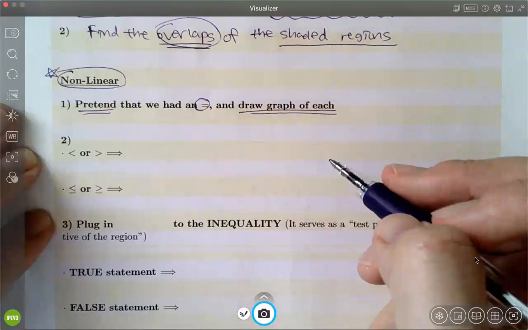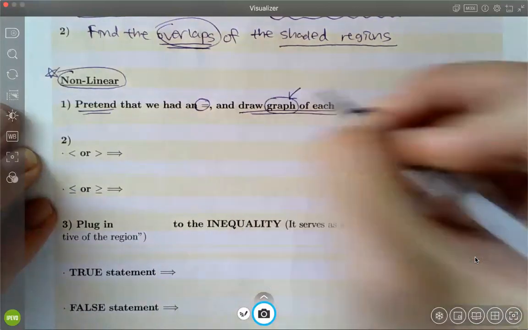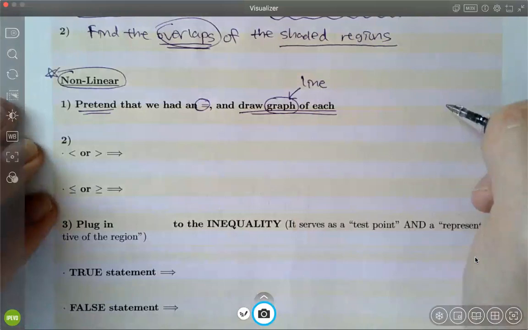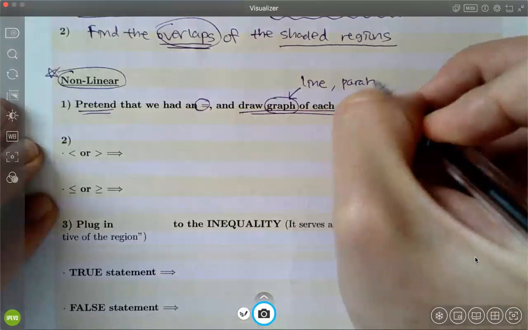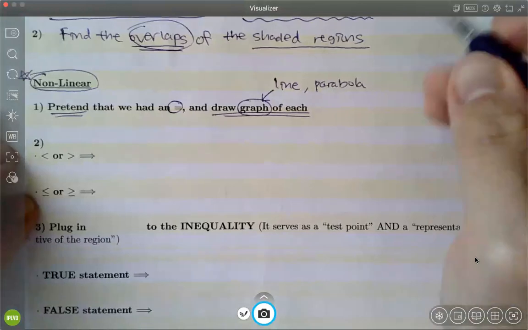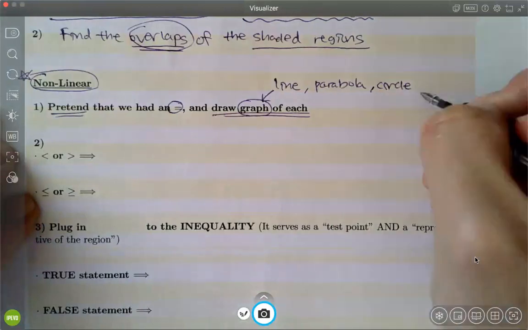So what are some options for these graphs? Well, you will first see lines. That's an option. But not only that, you will see parabolas, which is a nonlinear case, and also you will see circles, and you may also see exponential functions,